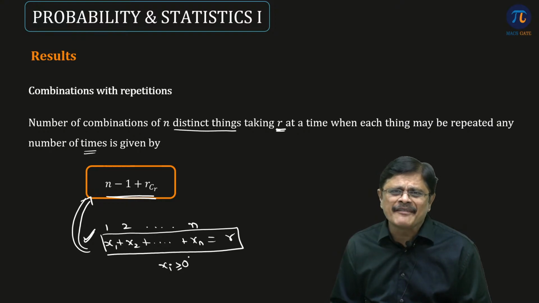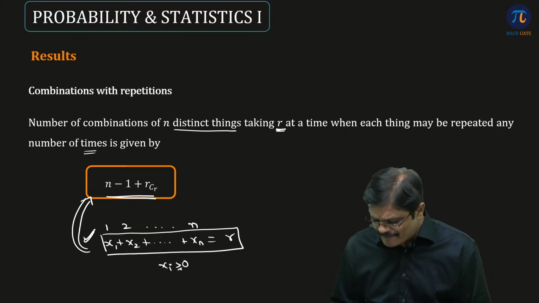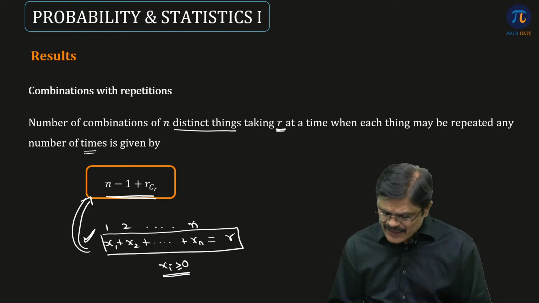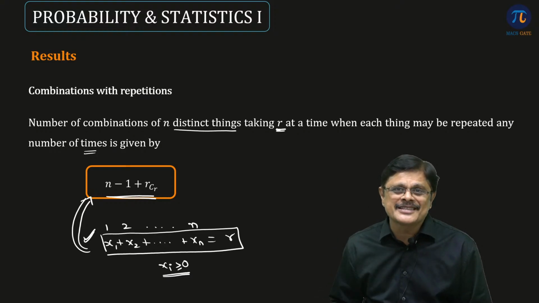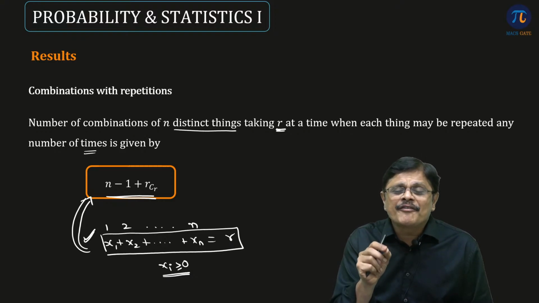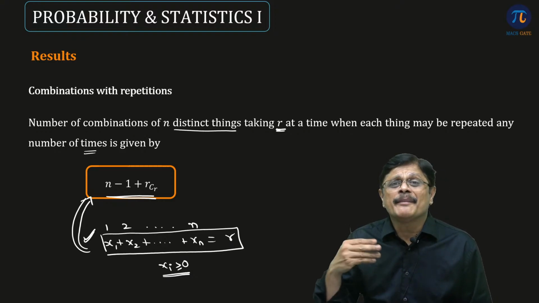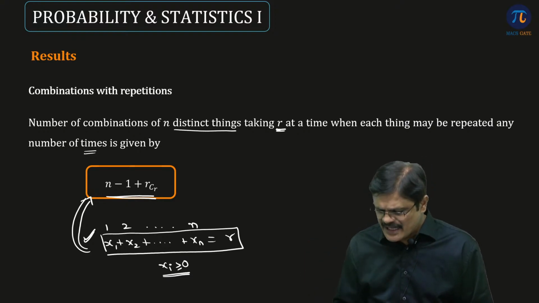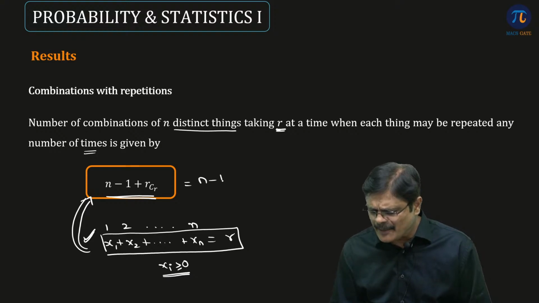So whenever you are having this particular equation x1 + x2 + ... + xn = r, where each xi is greater than or equal to 0, the solution for that is (n-1+r)Cr, where n is the number of objects with repetitions, and r is the selection which you want to make. Then the number of ways of making an r selection from n objects with repetition is given by (n-1+r)Cr. Actually people also write it as (n-1+r)C(n-1),